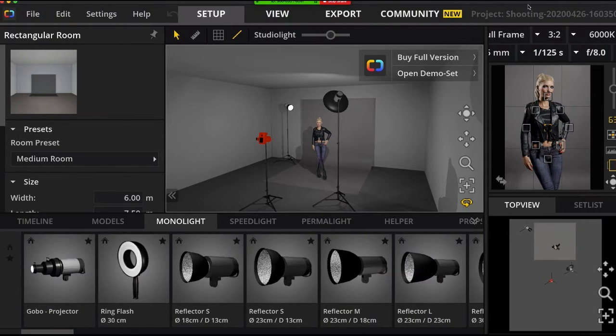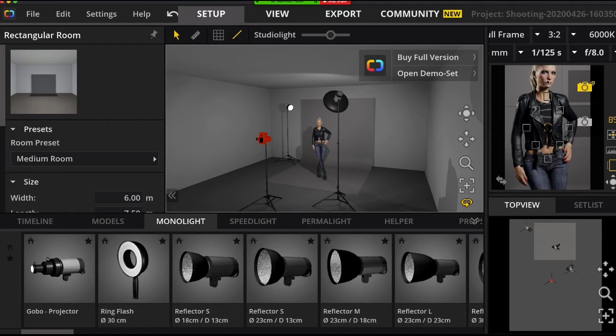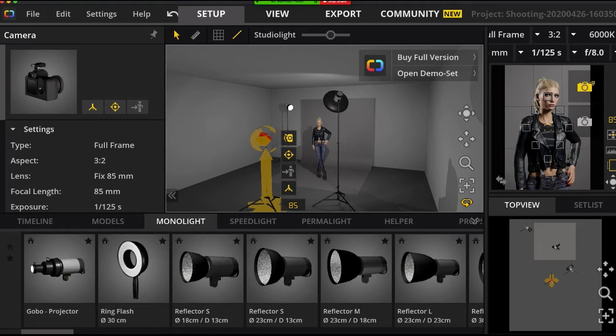Depending on that, it shows how the view would look in the camera when I have 24-105, or even 85 mm. So say fixed 85 mm, and it changed. I can change the angle, and this is how the photograph would look when I'm taking a shot.